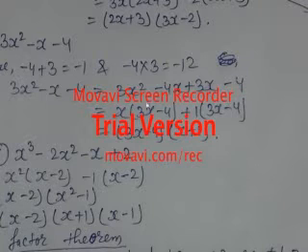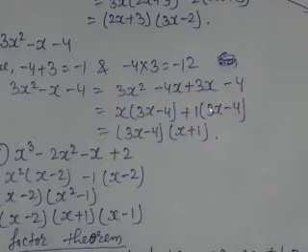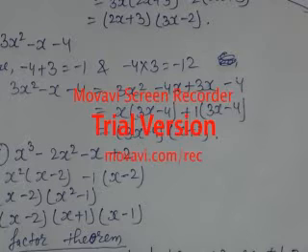So now what happens, from here x taken common, then here remains 3x, and from here minus 4, and from here nothing is common, so only 1 taken common, so 3x minus 4. Now 3x minus 4 has been taken common, from here remains x, and from here remains 1, so it becomes 3x minus 4 times x plus 1. Okay, I hope all of you are understanding it.